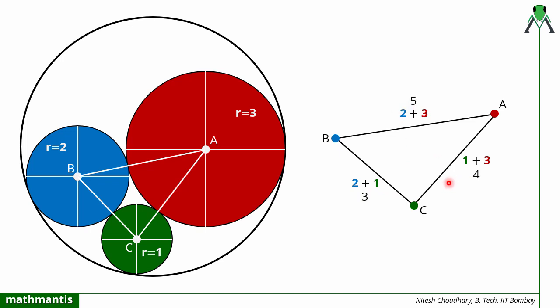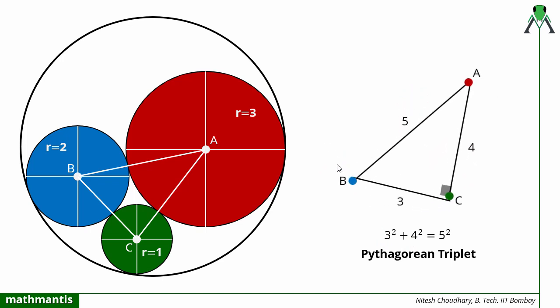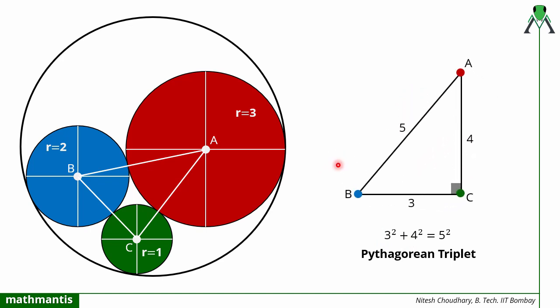So just by looking at this value, I know this is a triangle with a Pythagorean triplet, because 3 square plus 4 square is equal to 5 square. So I can definitely say that this is base, this is perpendicular, this is hypotenuse, this is the 90-degree triangle, because it is satisfying the condition base square plus perpendicular square equal to hypotenuse square. So I can draw the figure like this also. So now it looks more comfortable.